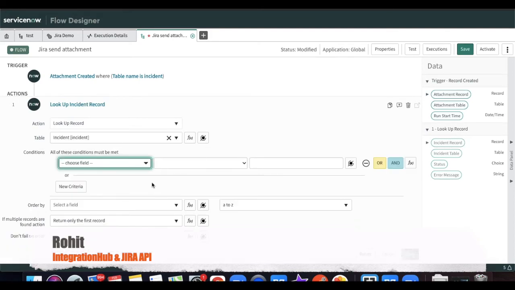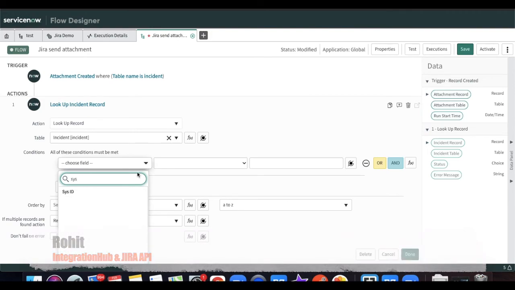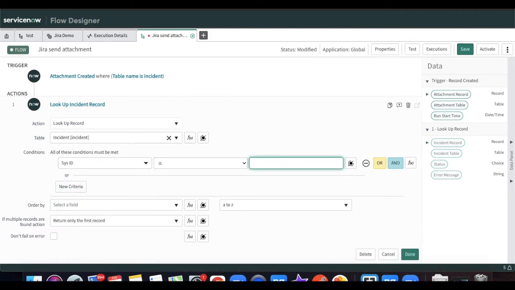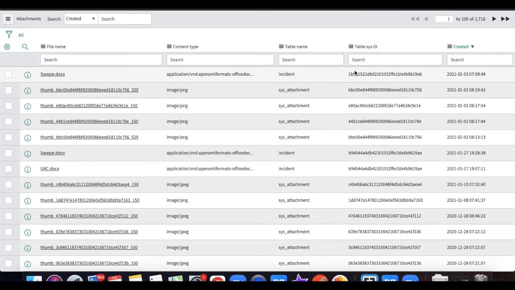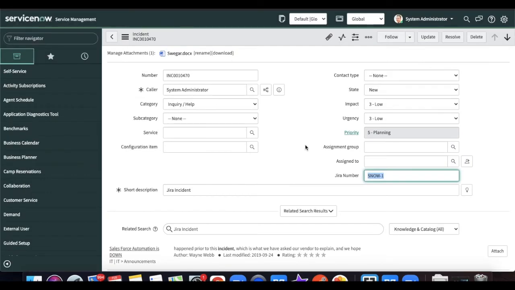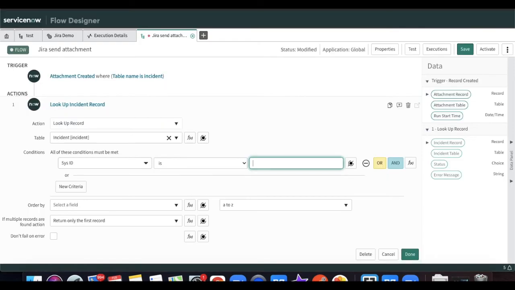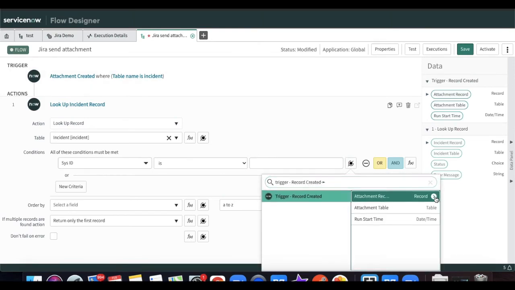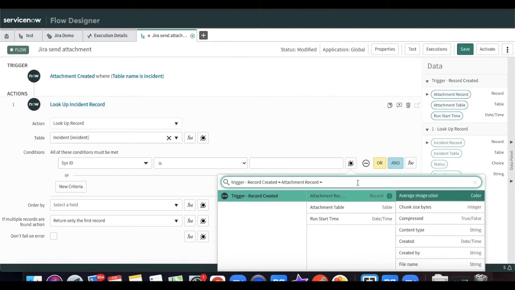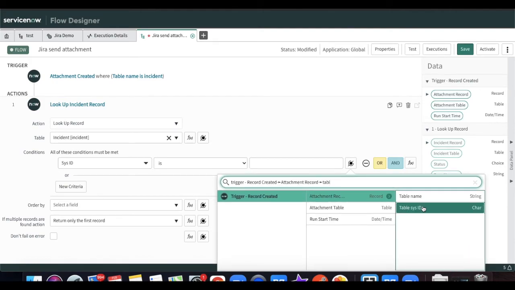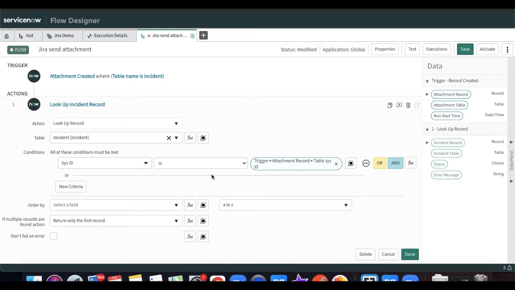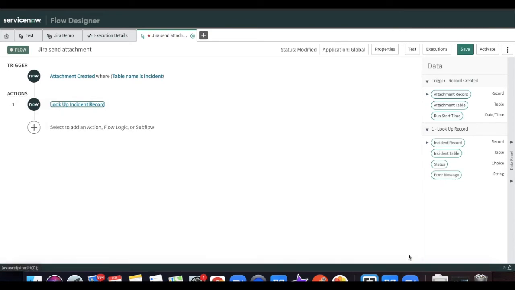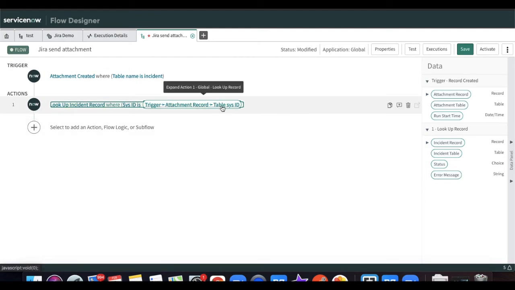And here we'll put that sysid equal to that attachment's table sysid. So we are going to query the incident table, checking the attachment table sysid.